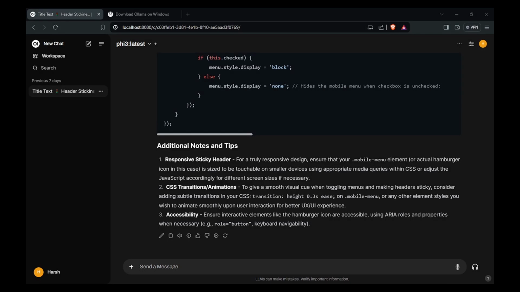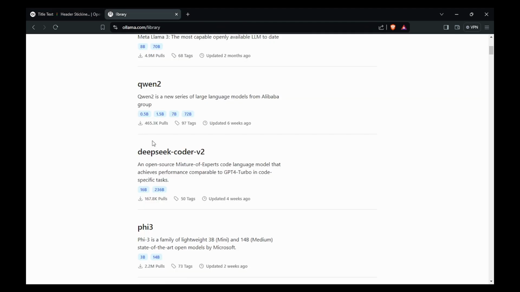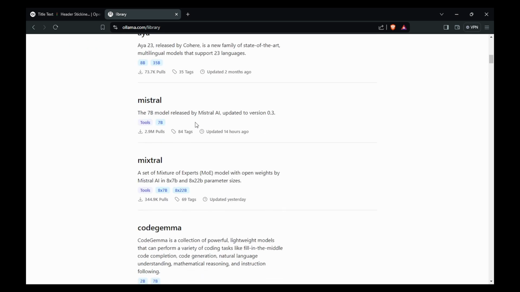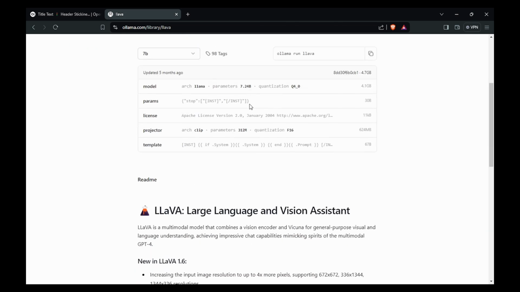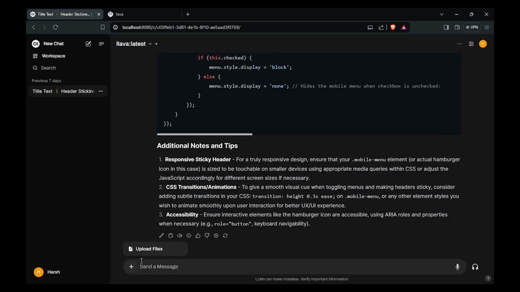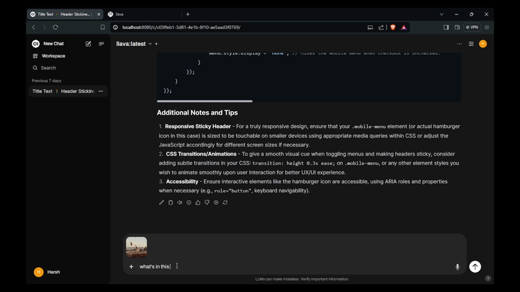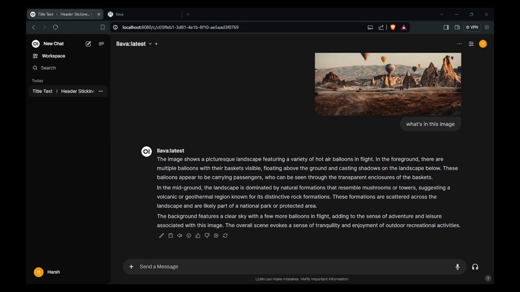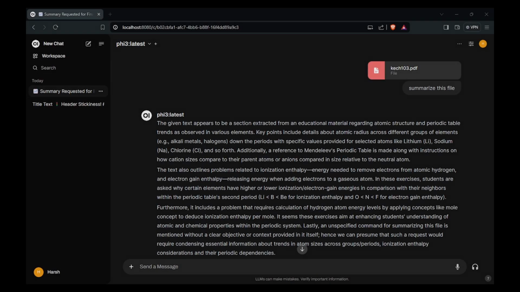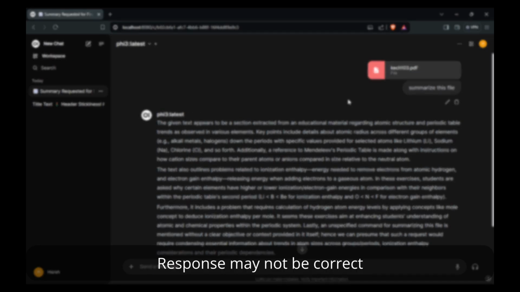Can you see this add icon? You can add your files, which AI will analyze to summarize text, highlight main points and much more. We can add images here, but we will require an AI model capable of analyzing images. There is one such model known as Llama, which has this capability. So I am going to use this. Let's add an image here and ask it what's in this image. Here is the answer. You can also attach a PDF file and it can summarize the text in short.